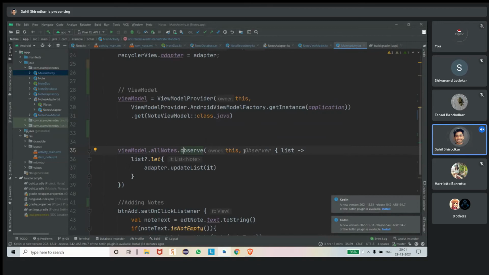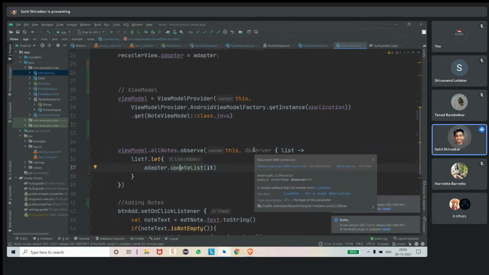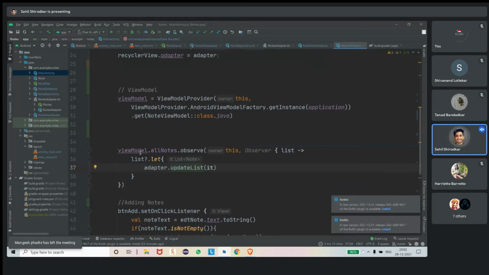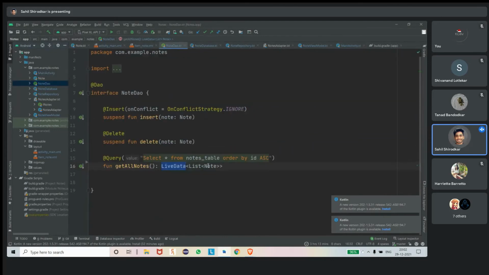And inside the observe we will pass two things, one is the current instance and second is the observer. What that observer is doing, it will just observe, and whatever the latest list we want from all nodes, the latest list of all nodes. You guys can see this list of all nodes. Here we made live data which will consist of a list of all nodes.